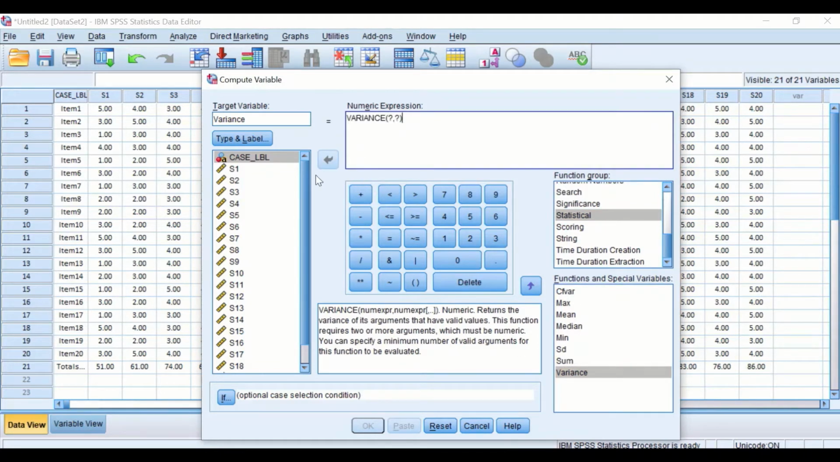Again, we're going to do the same thing, calculating the variance for all these variables from S1 to S20, and the way is to insert these between the brackets. Insert the S1 first, separated by a comma. Insert the S2 by comma, S3 and S4 and S5 and then S6 and then 7, 8, 9, 10,